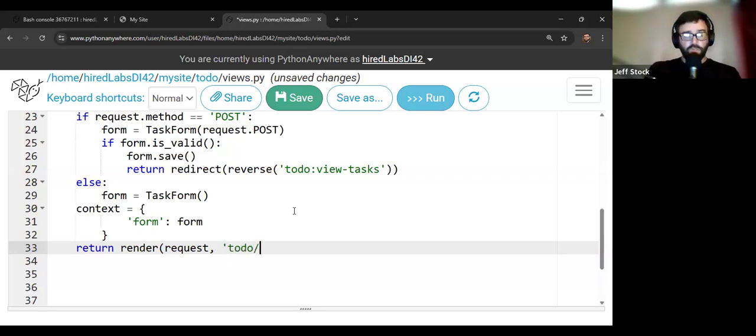So we're going to say todo/ because it's a project level. So we're going to stay in the project level. And we're going to say create